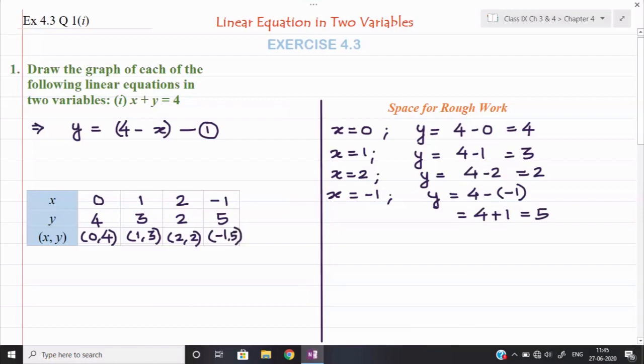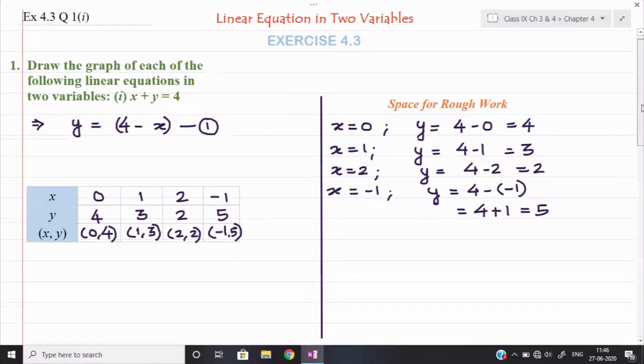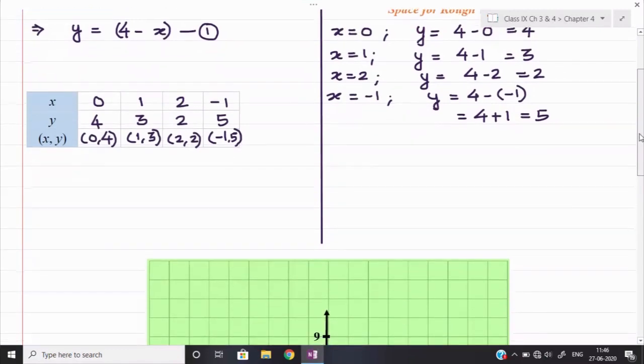These are my points. So it is better you take 4 points over there. However, minimum 3 points will be compulsory. Don't take 2 points in the examination. It will not give you the proper understanding of the graph. Okay.